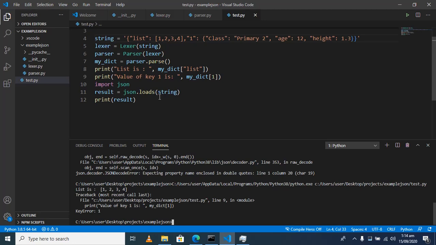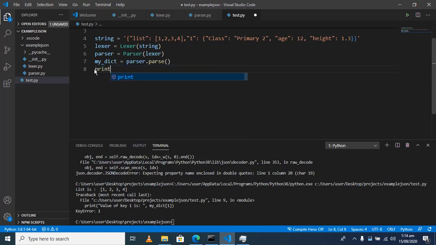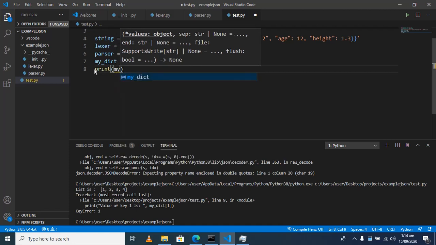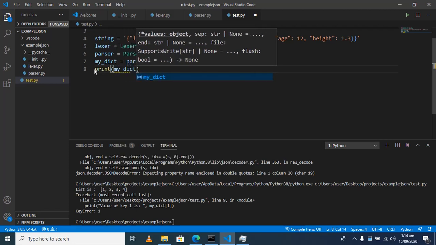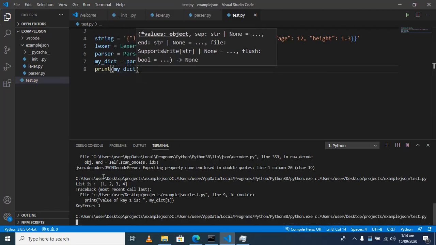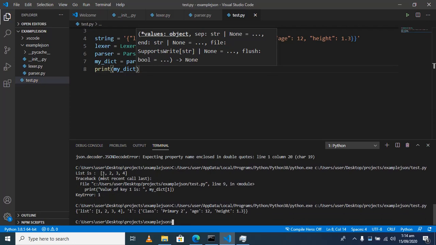Ours just works. This is awesome. Remember, we are building a basic parser, not an advanced parser. I'll just take this out and print my dict and see how beautiful creation at work. Wow. See you